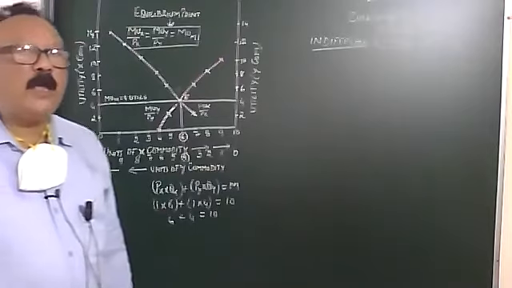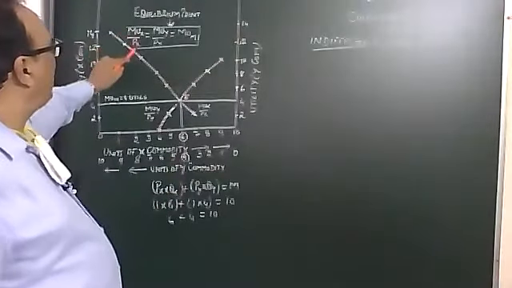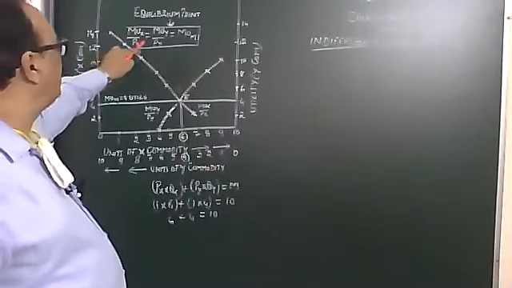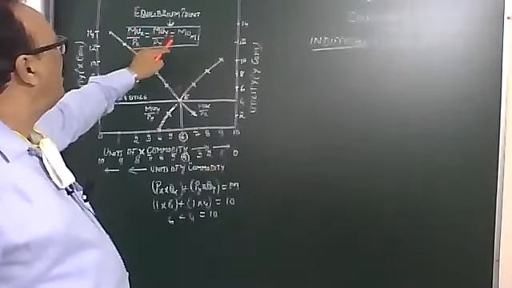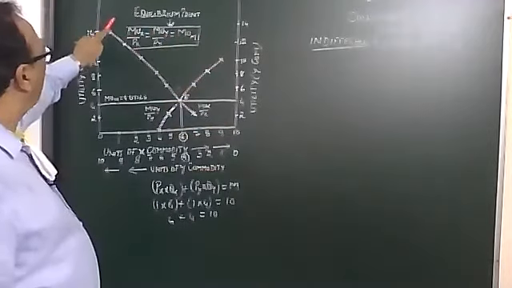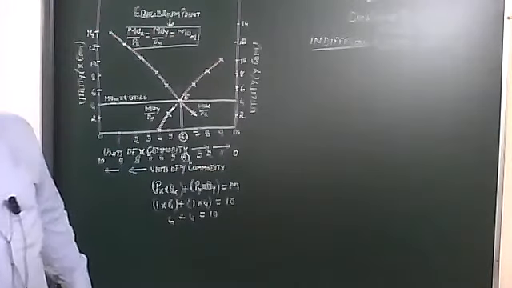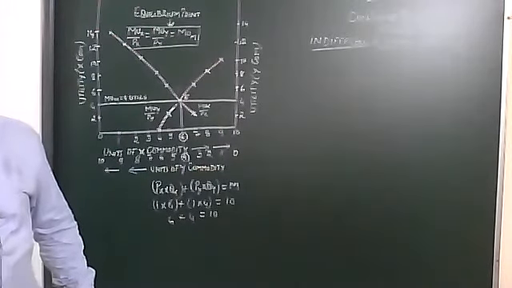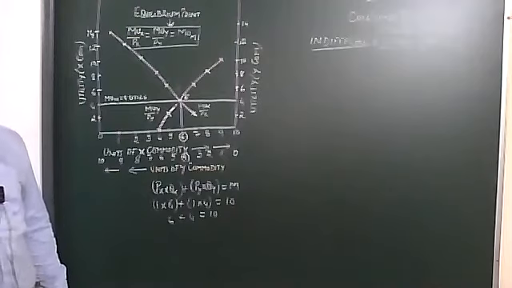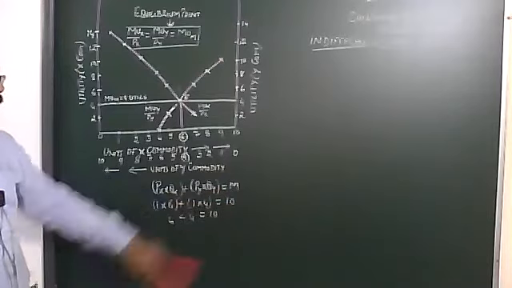And where is the equilibrium point? Here it is written MUX upon PX, first condition, is equal to MUY upon PY, must equal MUM. This is the first one. This is the second one. The entire amount of money should be spent. At equilibrium point, the money spent is equal to income.